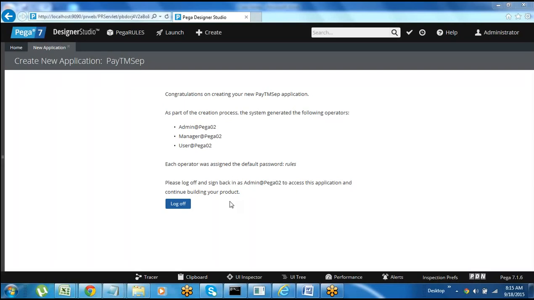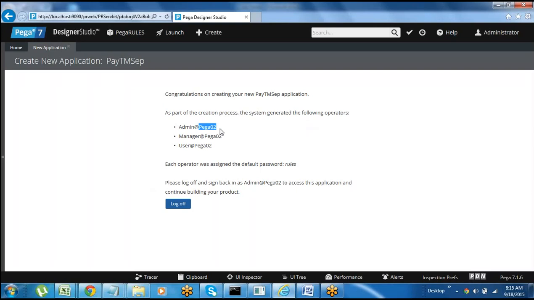Okay, so you can see here, congratulations on creating our new Paytm SCP application. As part of the creation process, the system generated the following operators. Why Pega02? We have given the organization name as Pega02 here. If you give any other name, that will be your organization name.